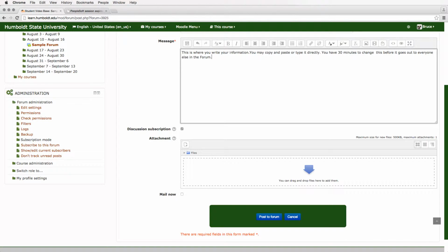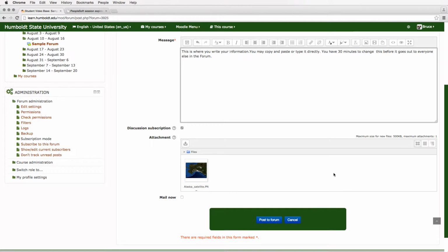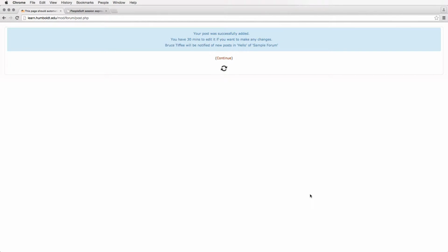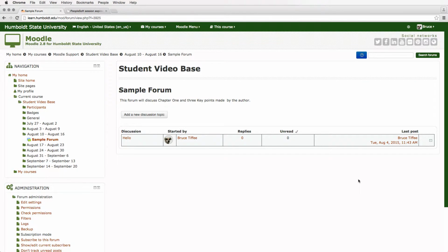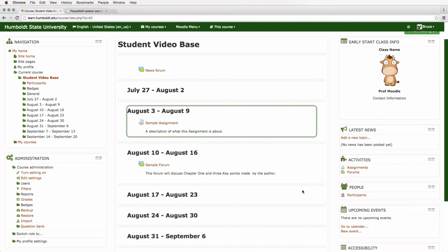Put it on your desktop, whether you got a Mac or a PC, go to your file locations, drag it, drop it, and when you're all finished, choose Post to Forum. It's important to note we've been dragging and dropping, and just about anything that Moodle will accept may be dragged and dropped. That is an image, a PDF, a Word document, just about any of the things you're going to be finding, an MP3. We do recommend not trying to upload large audio or graphic files to Moodle.